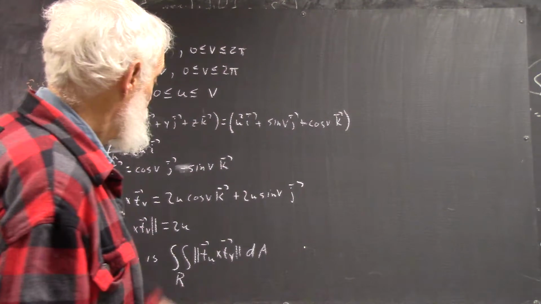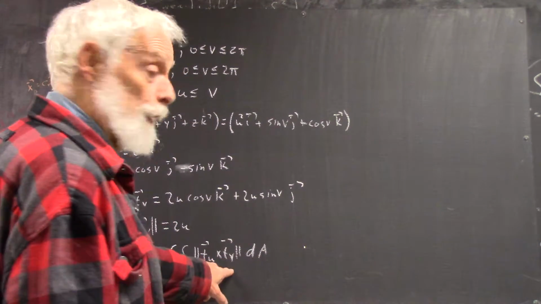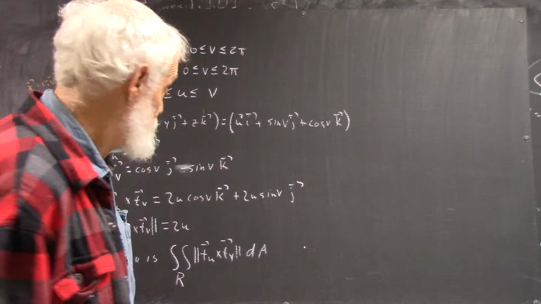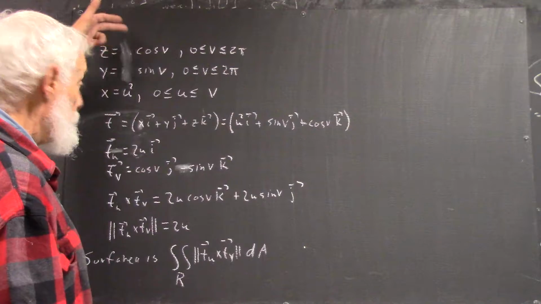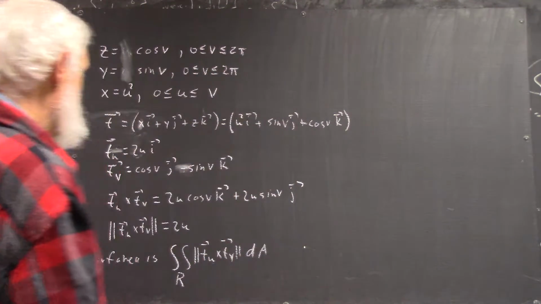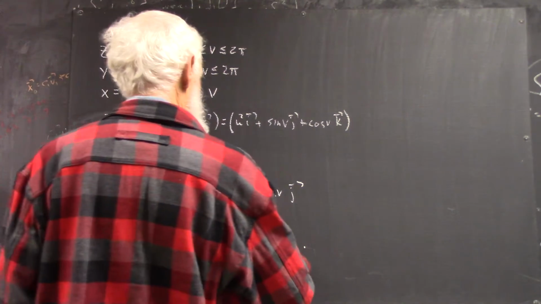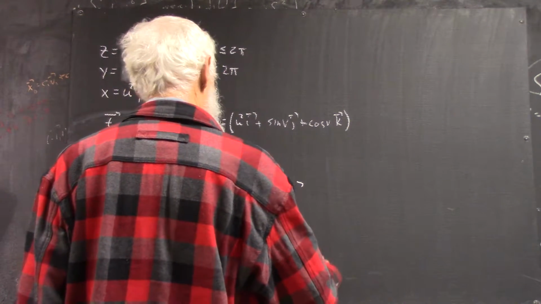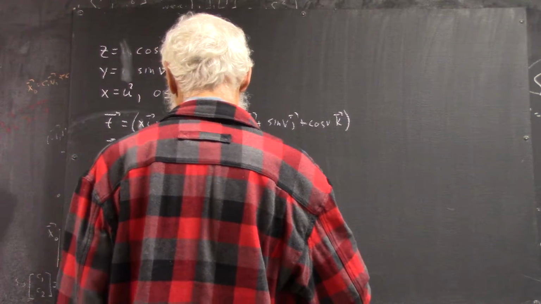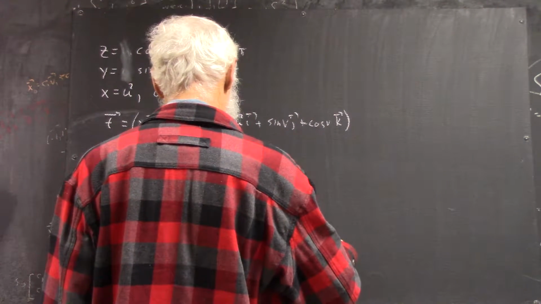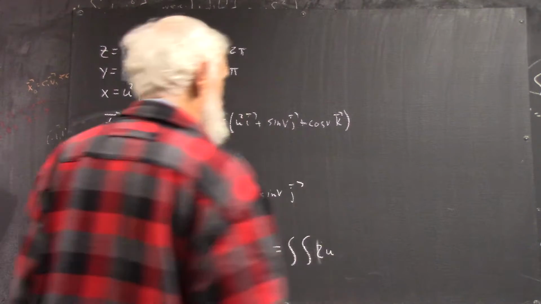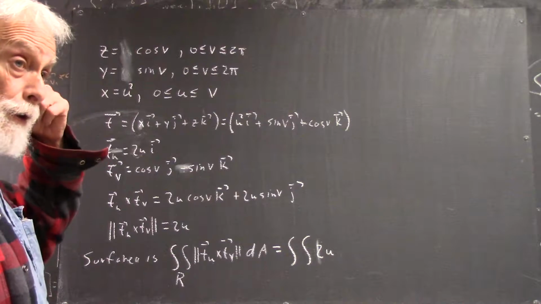Okay. Now your region is defined in terms of u and v, not x and y. I mean, x and y are defined in terms of u and v, you know, the parameterization and so forth, but this then is just what? The integral of 2u, which is your tx cross ty,